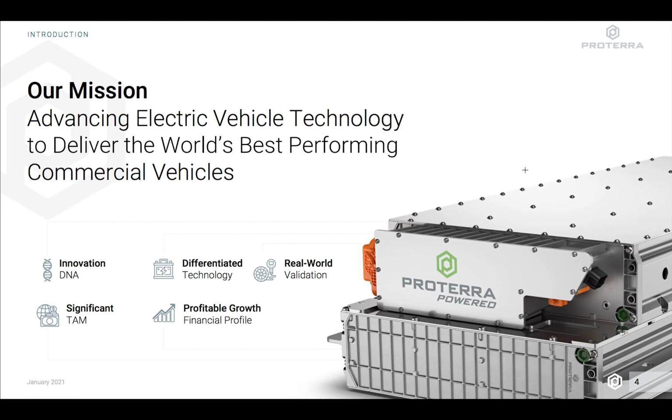Today I'd like to talk about Proterra, which is the ticker symbol ACTC. Now, I would like to talk about the investor presentation. There were about 53 slides in this investor presentation, but I've just taken out 10 of them, and I thought these were the most important ones. I'll go through them with you, then talk about the stock price, and then finally what I'm planning